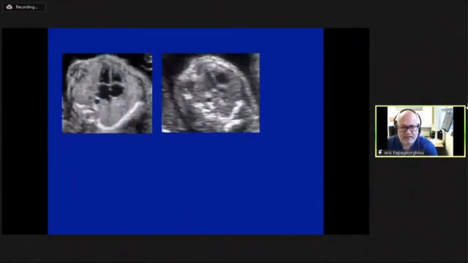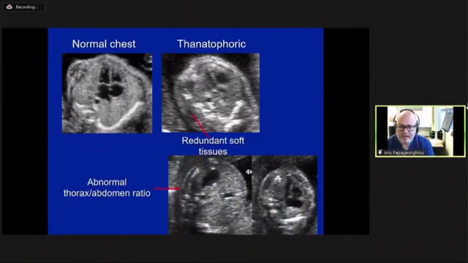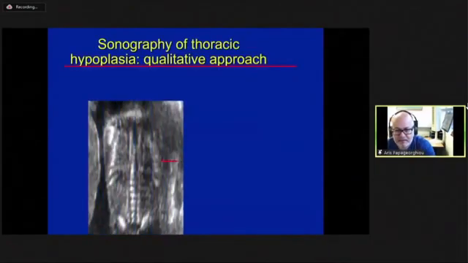Here, looking at the chest, I'm going to just show you the normal chest there on the left, and this is the chest in thanatophoric dysplasia. And again, you can see that redundant soft tissue around the ribs. Can you see that? And that very abnormal thorax to abdomen ratio, so a very large abdomen there compared to the thorax if you look at the same magnification. But I don't even know that you necessarily need that when you look at that picture of the thorax with the ribs really compressing the chest. You feel like the ribs are squeezing on the lungs and the heart, that relative cardiomegaly